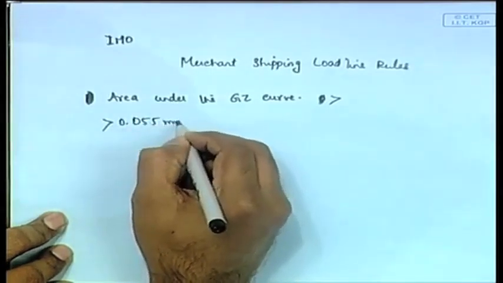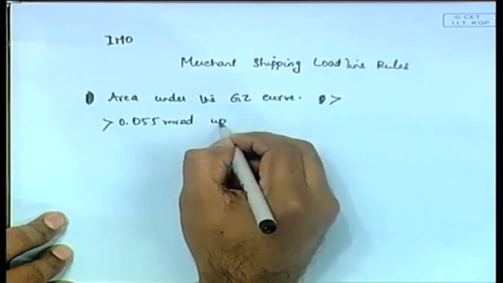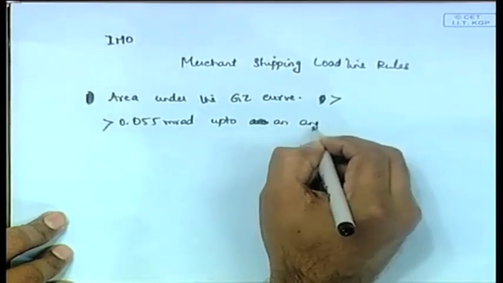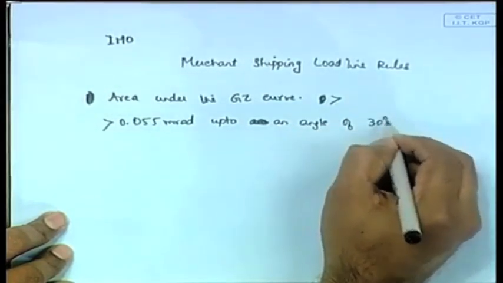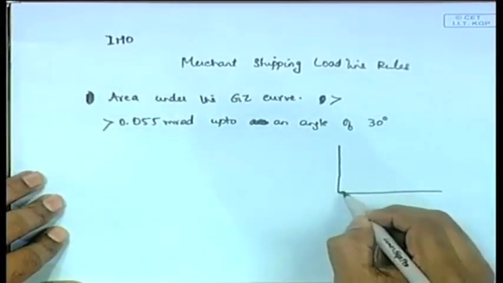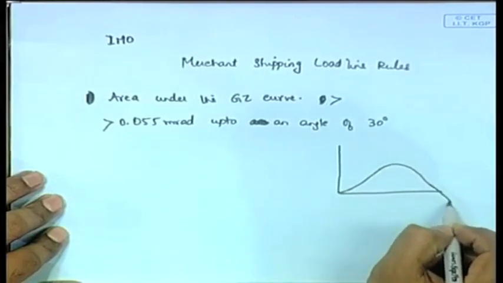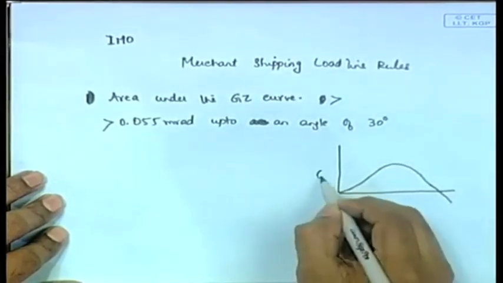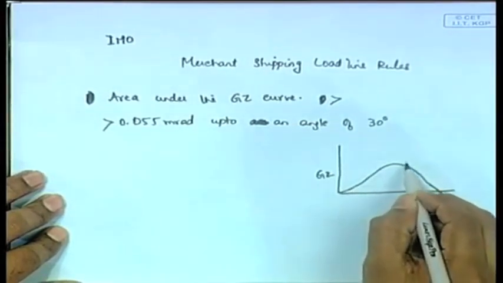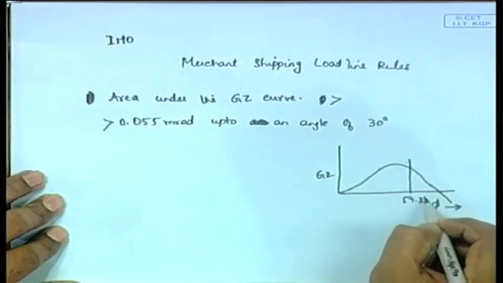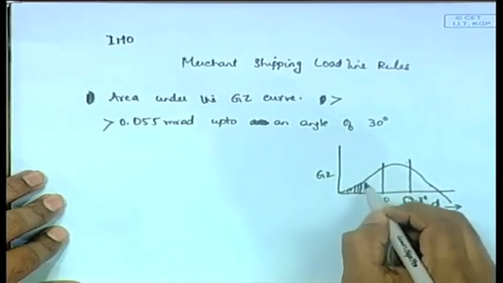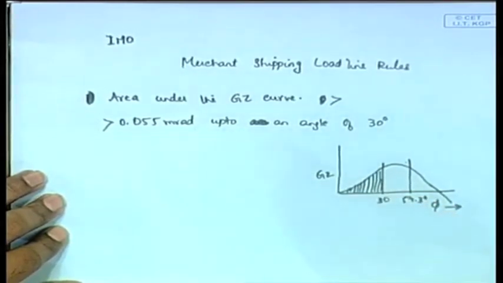0.055 meter radians up to an angle of 30 degrees. Means if you take, let us suppose this is your GZ curve. Now, this is obviously about 57 degrees, 57.3 degrees. Now, if this is 30 degrees, the area under this curve up to 30 degrees, whatever be the ship,